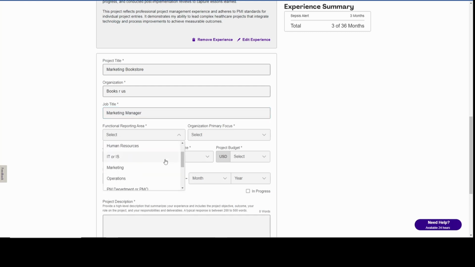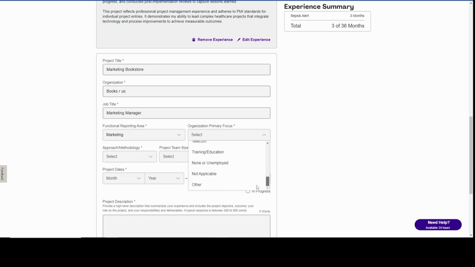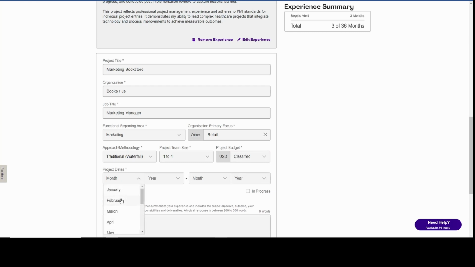Find the functional reporting area. We have marketing. I'm going to select other. We'll select the approach, the team size, the budget. If you can't provide the project budget, you can select classified. Project dates, I'm going to do February 2024 to May